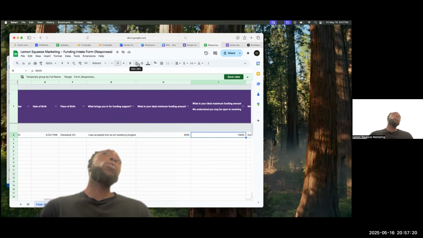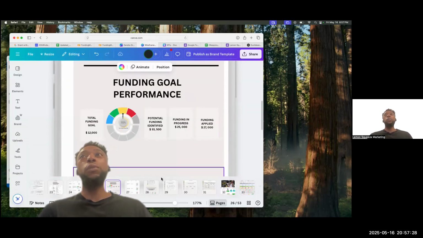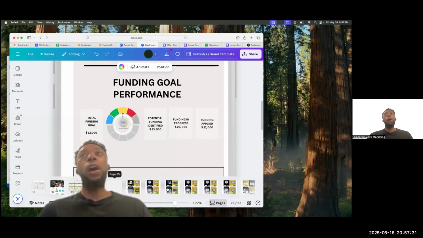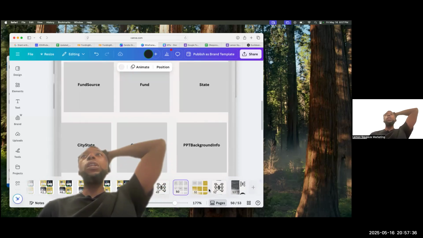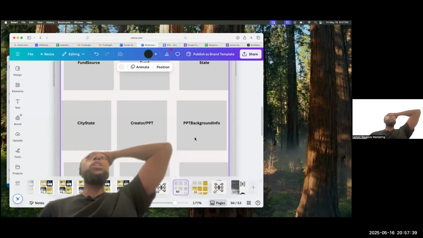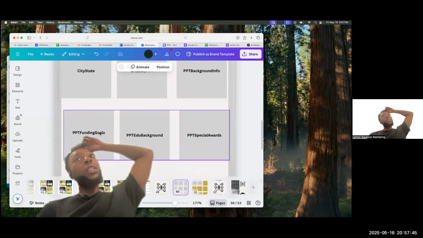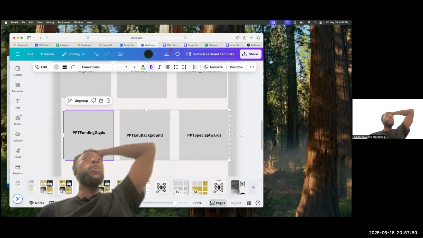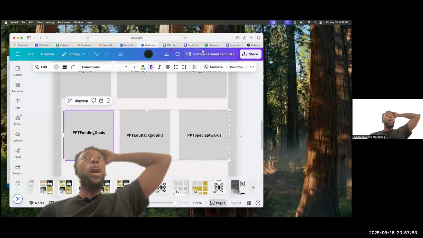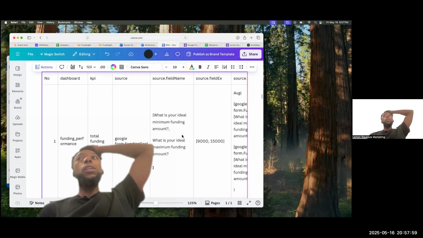As far as how we're going to store this on the database, if I go back over to our database, there's a table called the participant funding goals table. That's the table that we're going to use to store this. And the actual field, if we go to our data dictionary, which we've already set up for you,